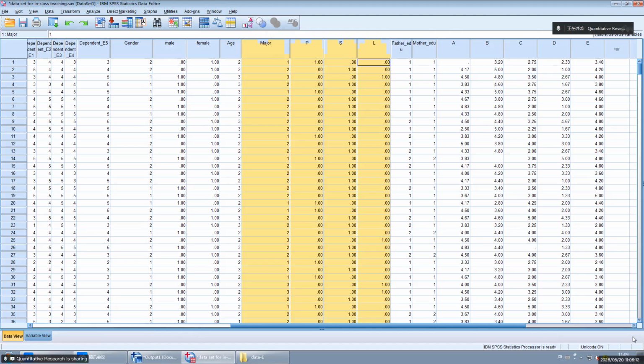Okay. Now I tell you what you are going to do next after class. You need to transform the nominal scale into dummy variables for the other data set. Do you understand me? The other data set, I mean research motivation. You transform the nominal scale into dummy variables for that data.